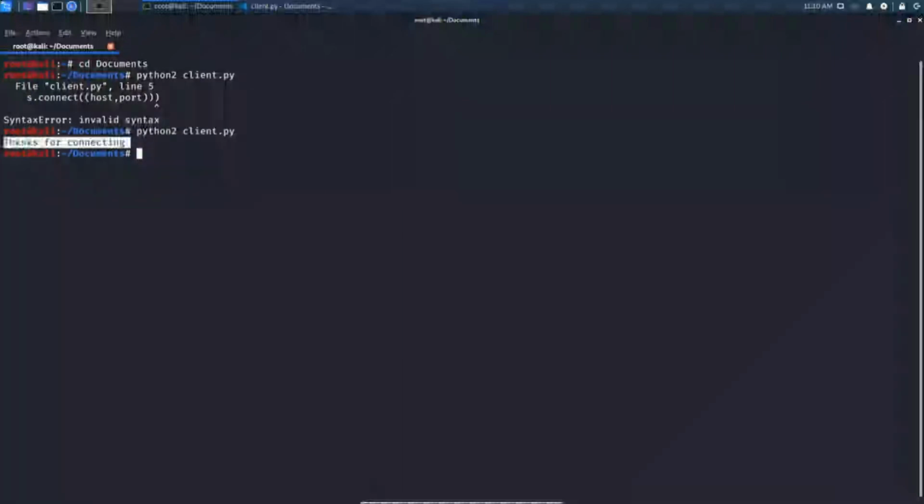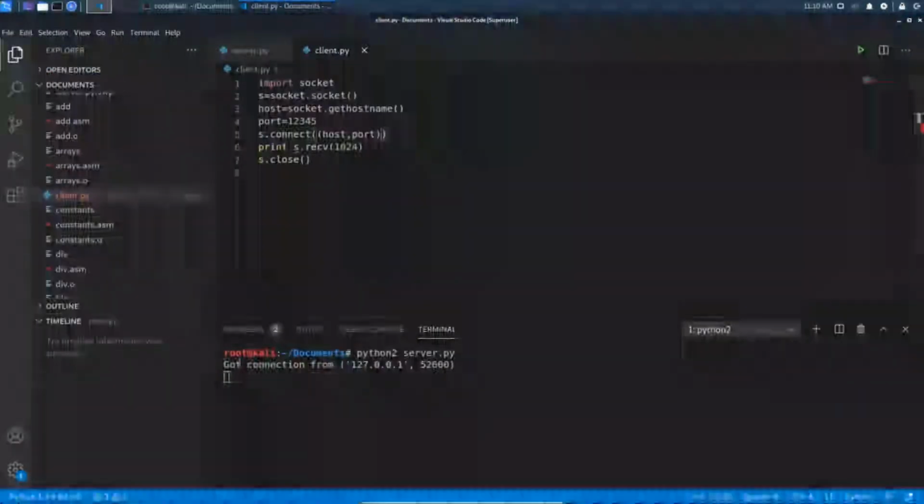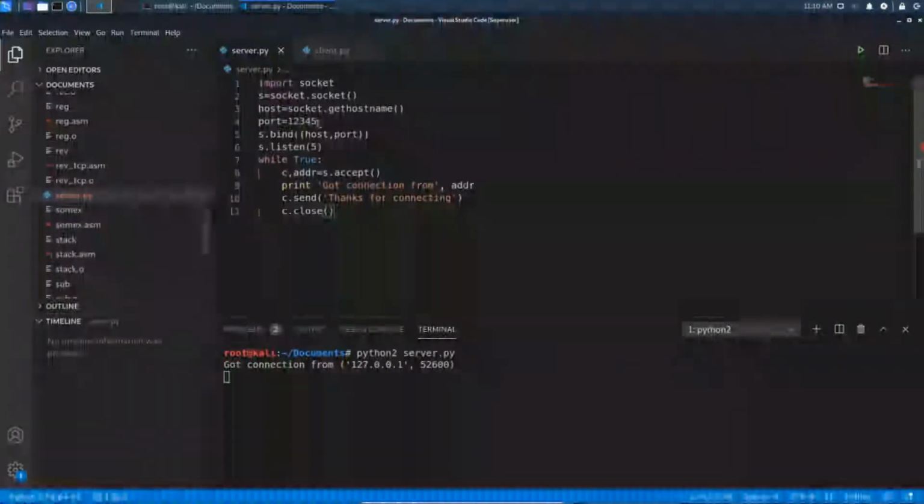See here, we got the connection established successfully, and here we got our message printed on the monitor: Thanks for connecting. Here also we got our message, got connection from 127.0.0.1, as it is a localhost. This is the IP address and this is the port number, I think, but I don't know why port 1235 got used. It is not used in this connection. It might be a problem in my Linux system. So this is how we write a simple client server program.